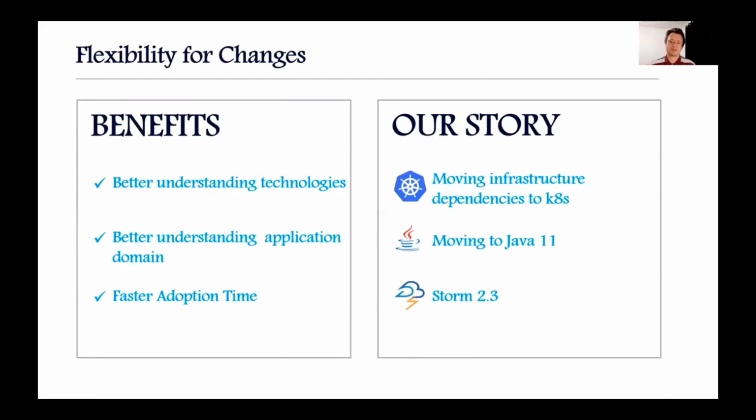From our example, in Siembol, we are moving infrastructure dependencies such as Zookeeper and Storm to Kubernetes, and this allows